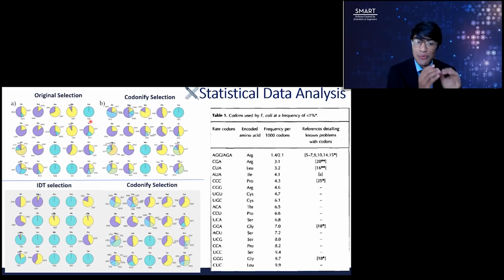Now, I found this part really interesting. Codonify preserves many rare codons that may be important for expression as opposed to other techniques. For instance, the IDT tool uses AGA primarily for arginine, and 5 reference papers show that this codon is associated with negative expression. But by understanding sequential information and optimizing based on the host genome, the AGA codon is replaced by a variety of other synonymous codons by Codonify in the FALVAC1 gene, which is a malaria vaccine candidate.